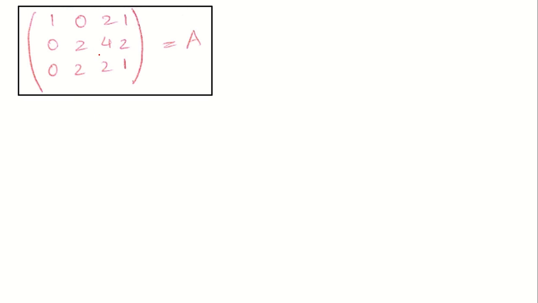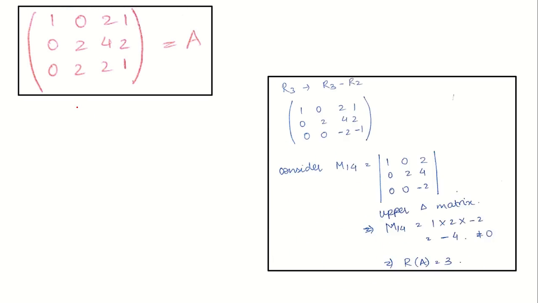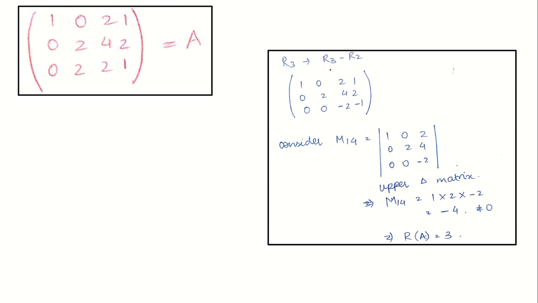You were supposed to calculate the rank of this particular matrix right here, and again, if you have some kind of row operation going on, if you have r3 equals r3 minus r2, then you would have an upper triangular matrix right here, and if you consider this particular determinant, it is going to be minus 2 into 2 into 1, because the determinant of an upper triangular matrix is actually equal to the product of the elements in the principal diagonal. So I'm just going to write this out here. The only reason I put in this solution here is because I wanted to point this fact out once again,